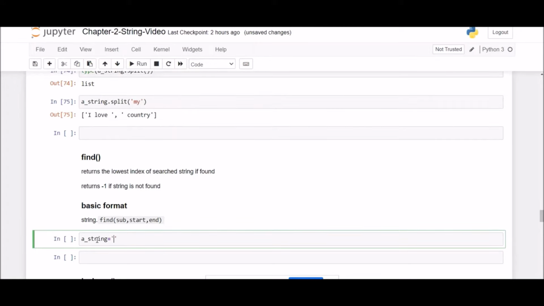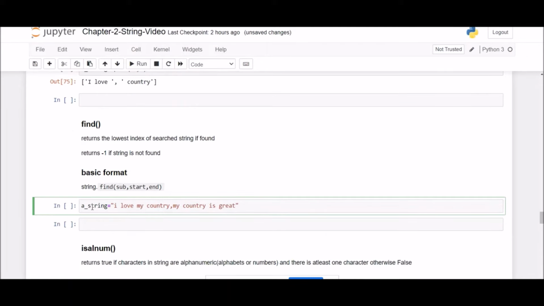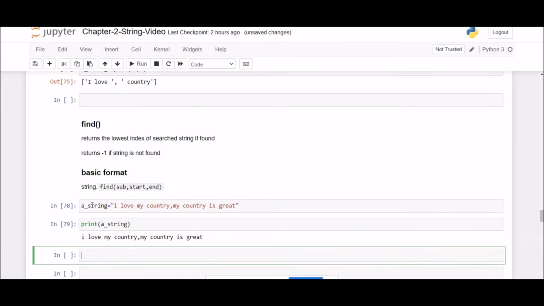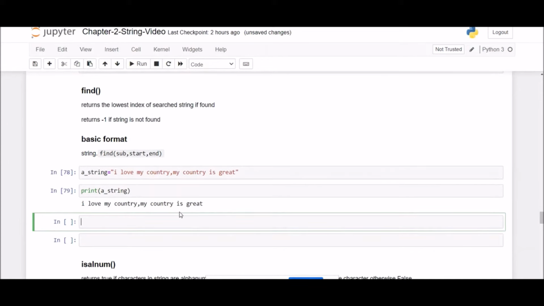I'll set the variable's value to I love my country. My country is great. Now if I execute this, what is present in the string? The string contains I love my country. My country is great.